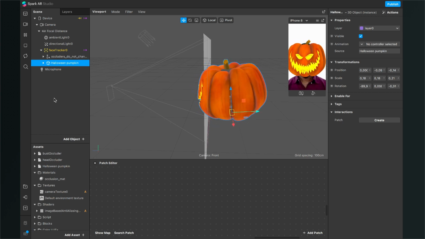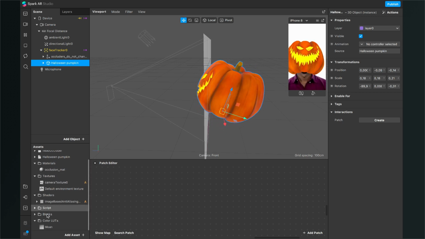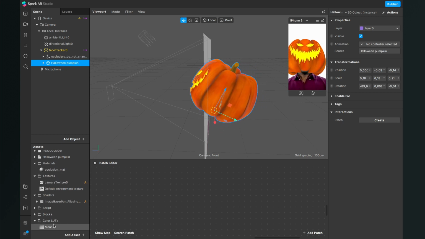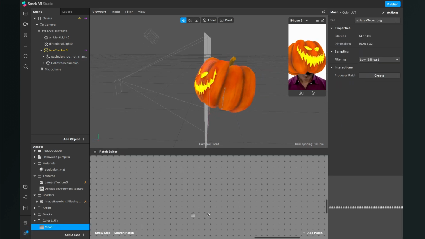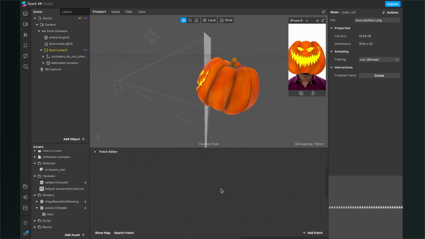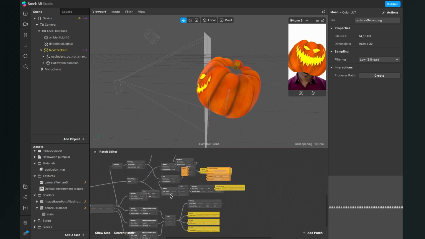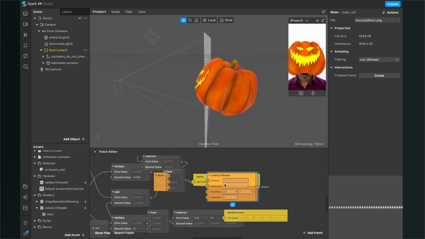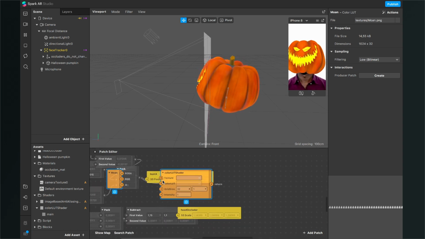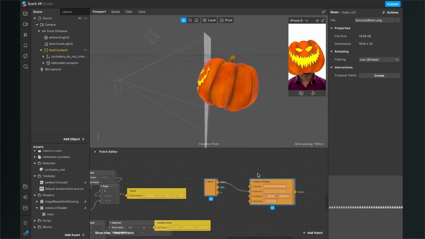The next step is to get a black and white background. For this we already imported the color LUT. Just drag and drop the color LUT we have just imported to the patch editor. Then you have to search for it in the patch editor. Because it is a preset, there are already a lot of patches in it, but just ignore them. We just want the color LUT shader and the Moan LUT. So drag and drop it, and now we have it here.